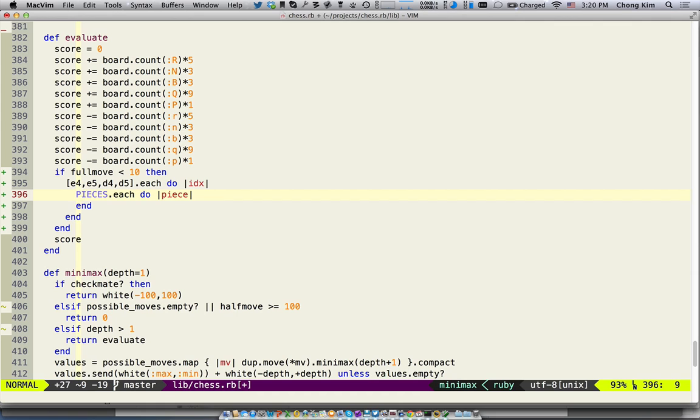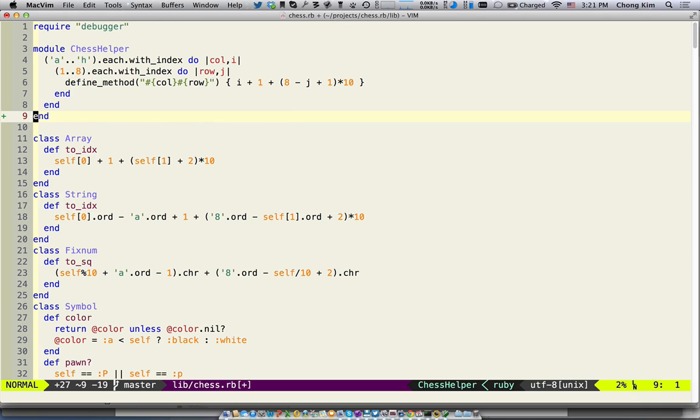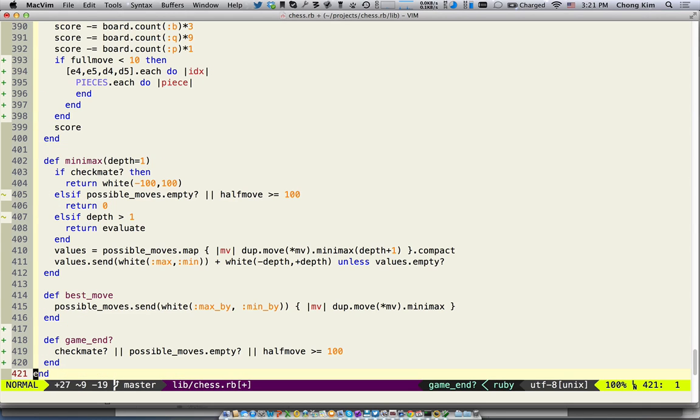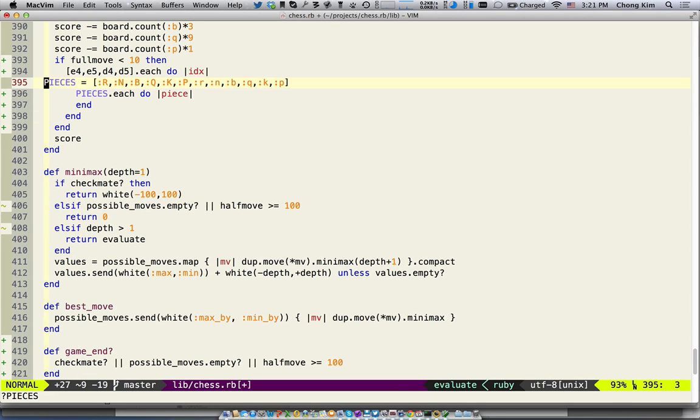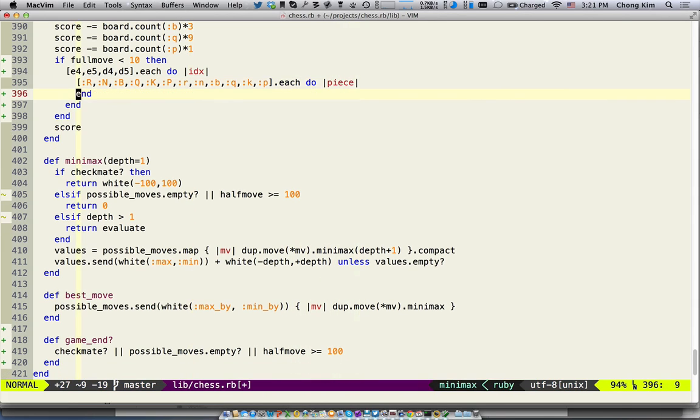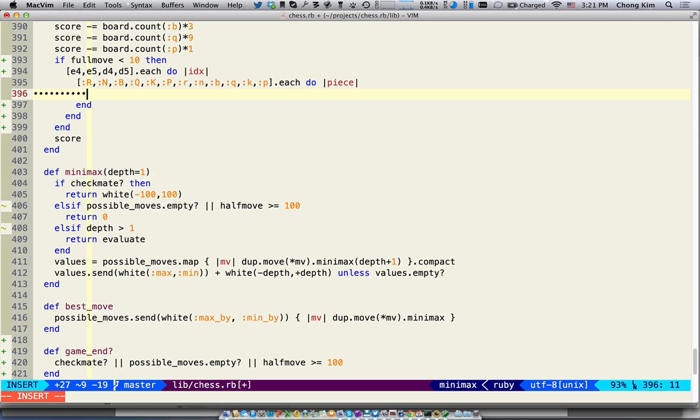I wonder. Maybe I don't need to have it global because I don't think I'm going to be using it anywhere else. So let me just do that right here. All right, and now let's just say each do piece. All right, so we have all the pieces, and the score is equal to, and if the piece is